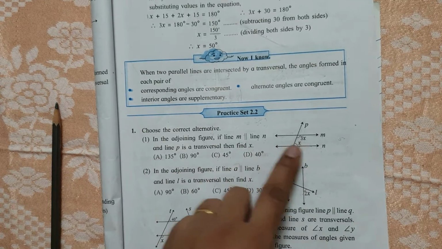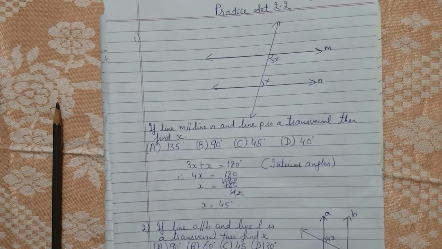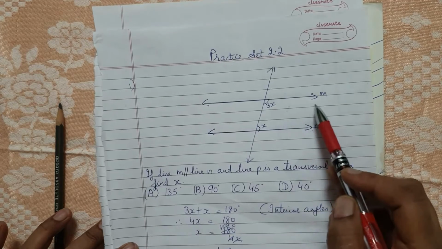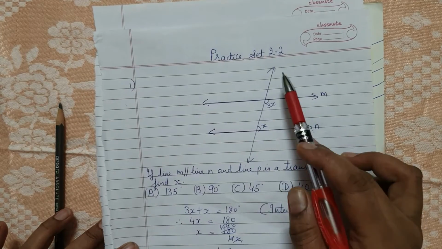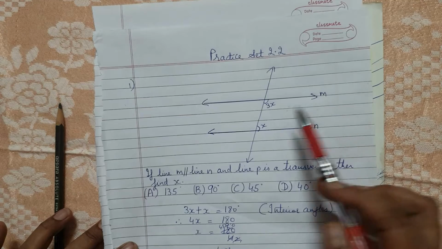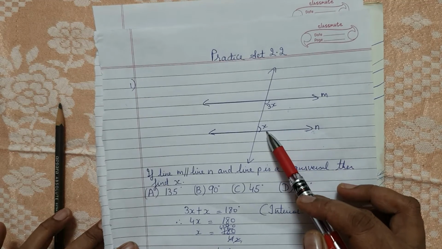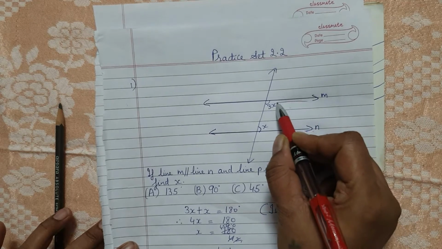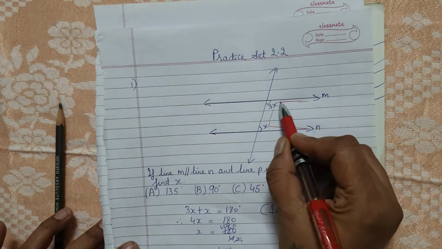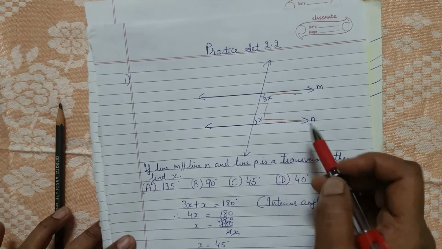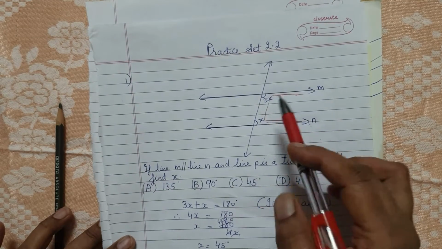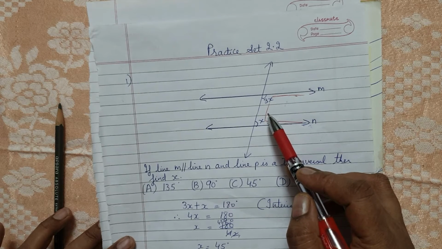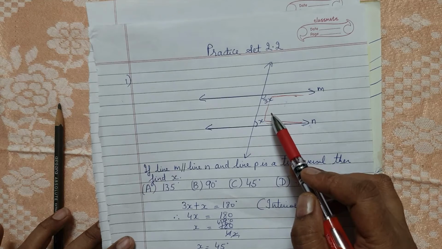Now I have drawn the same figure in my book. Can you all see this? These are two parallel lines and this is a transversal line. Now 3x is here and x is here. They are inside, forming interior angles, like this, one open box is formed. So interior means we have to add them and their degree is 180 degrees because they are supplementary angles.